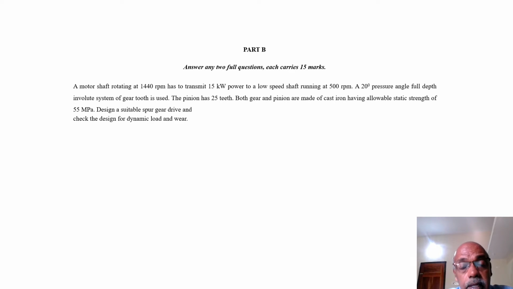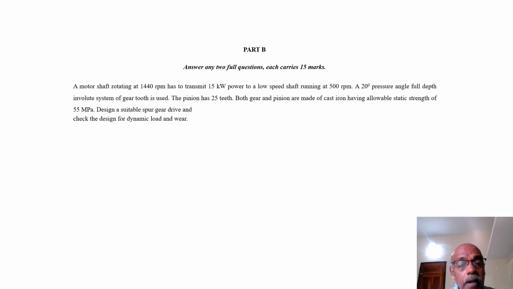in the correct equations. By correct equation, I mean for spur gear, the relevant design equation given in the data book regarding the center distance. Center distance is greater than or equal to, like that. When you substitute this equation, again you have to check some other equation. That is why in the last part of this question they are asking to check the design for dynamic load and wear. When you do that part, again data book equations are there. You need not derive any equation, you need not learn any equation by heart.